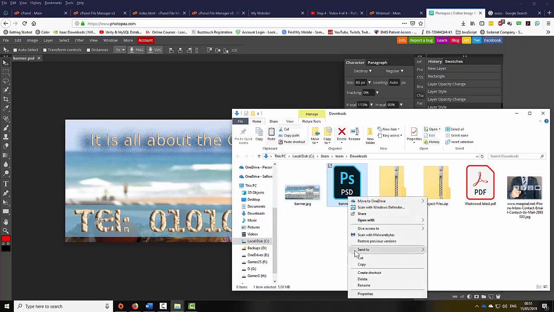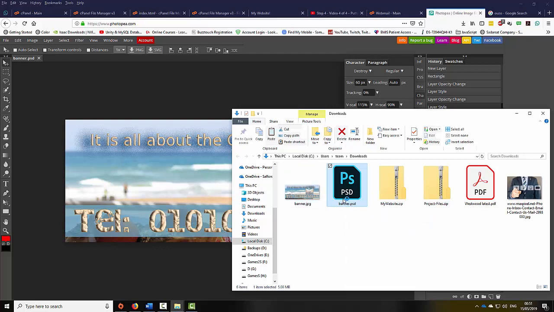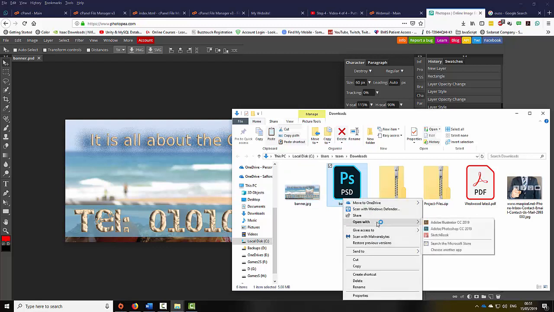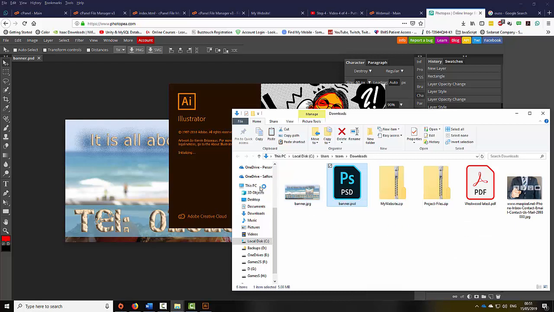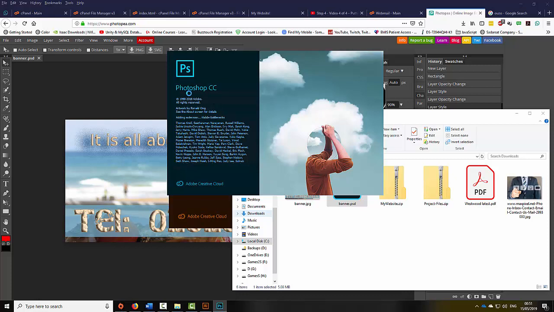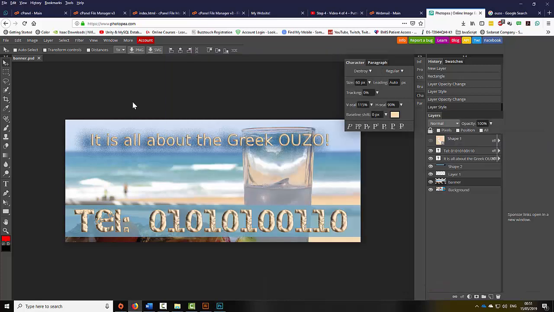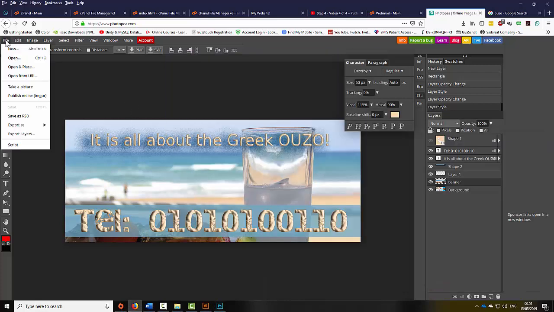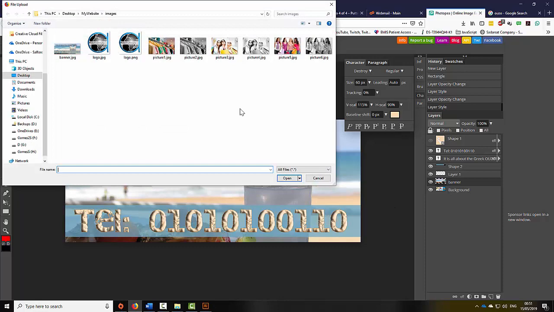So if I right click here, select Open with Photoshop. Oops, no Illustrator. Okay, open with Photoshop. You will be able to see that you can actually edit this in Photoshop, and you have all the layers that you can work with. Now, while this is loading, let's go to File, select Open, and this time I'm going to open my logo.jpg,